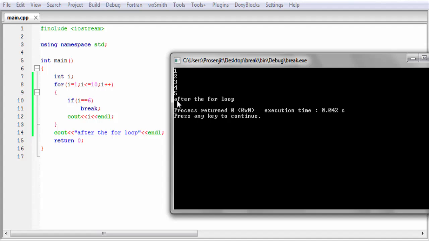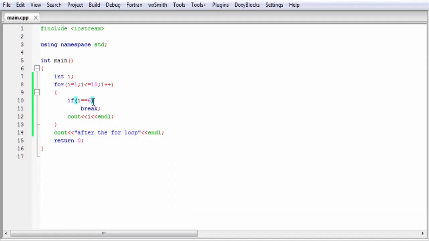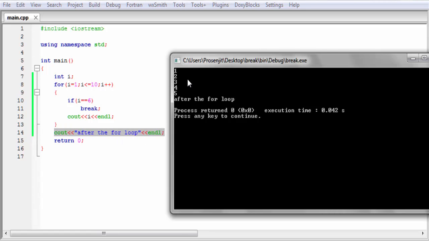The reason is when the value of i is less than 6, the if condition is false and the break statement is not executed. When the value of i is 6, this condition is true and the break statement is executed. When the break statement is executed, the control comes out of this loop and executes the statement after the for loop. So it prints "after the for loop". That's why first it prints 5 numbers from 1 to 5 and then prints "after the for loop".